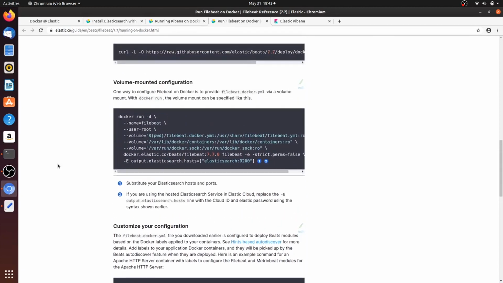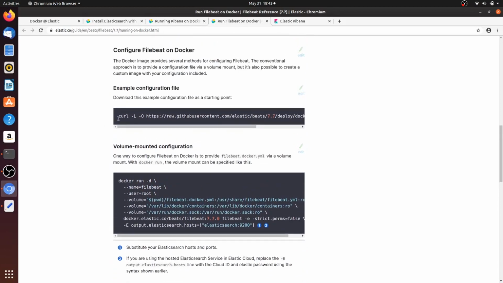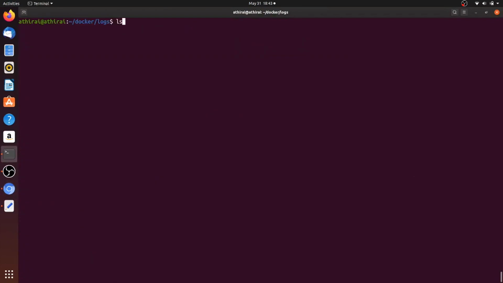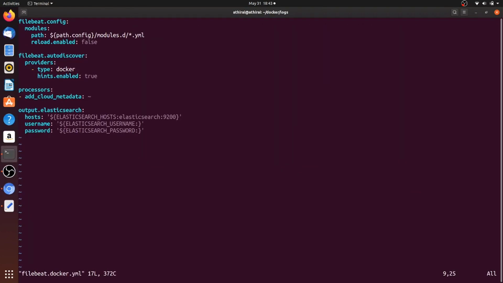So now we will see how to configure this Filebeat. So here you can see they are showing an example configuration file. I'm going to download this example configuration file of Filebeat, then open it. Here I think we can leave all these things as they are.